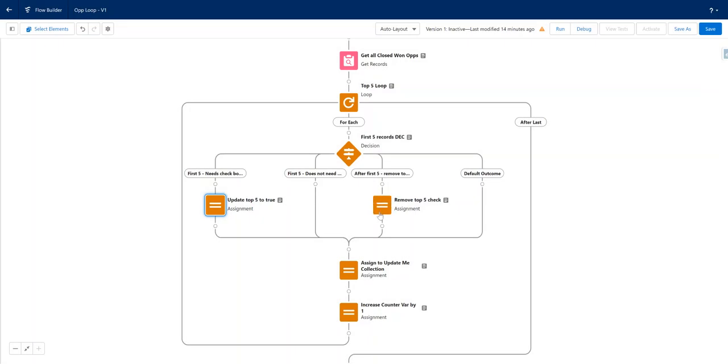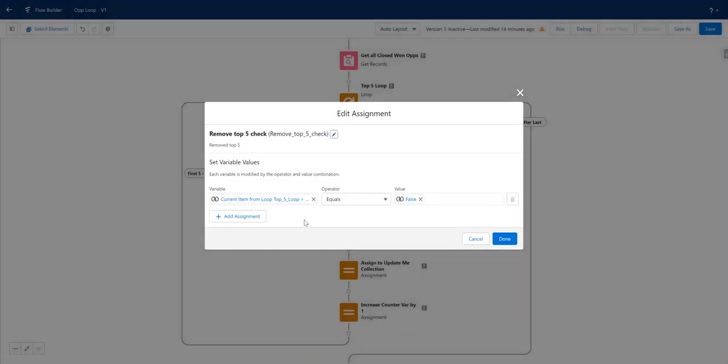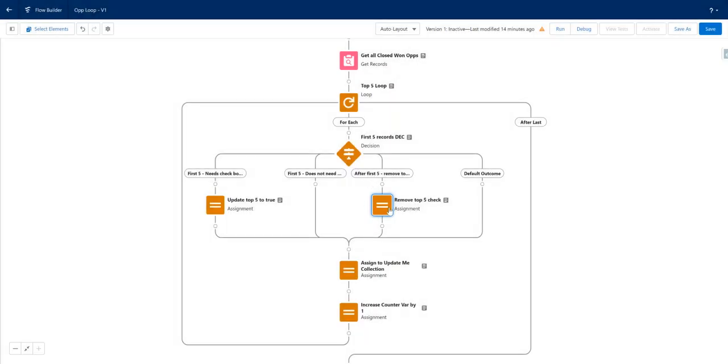Over here, we have the opposite. We have a record that was in the top 5 that no longer is, so we need to remove that. So our current item in the loop, top 5 closed one, we're marking that as false. And then for